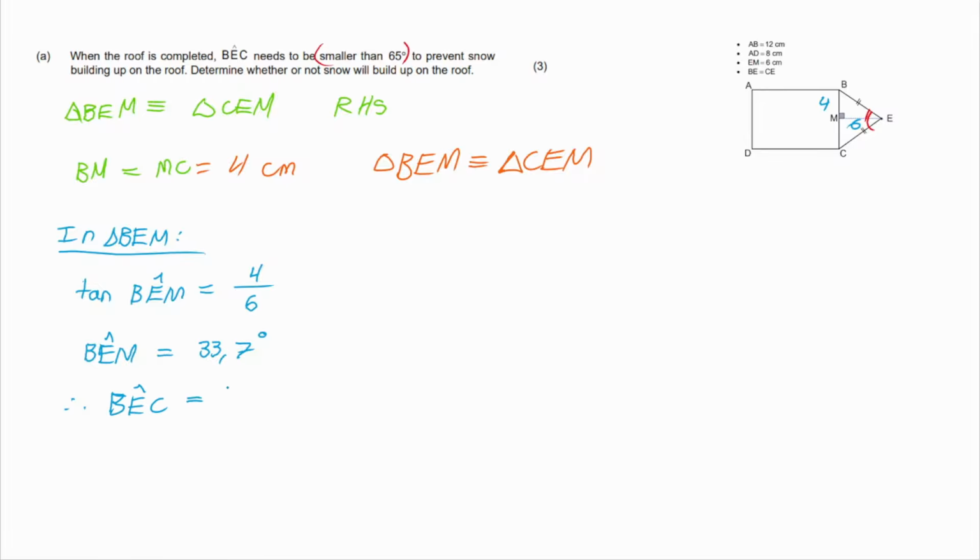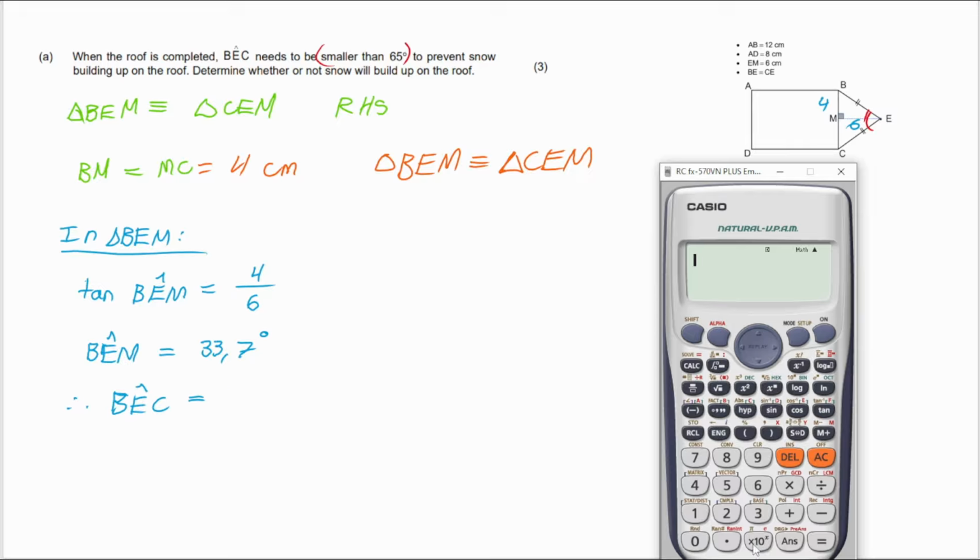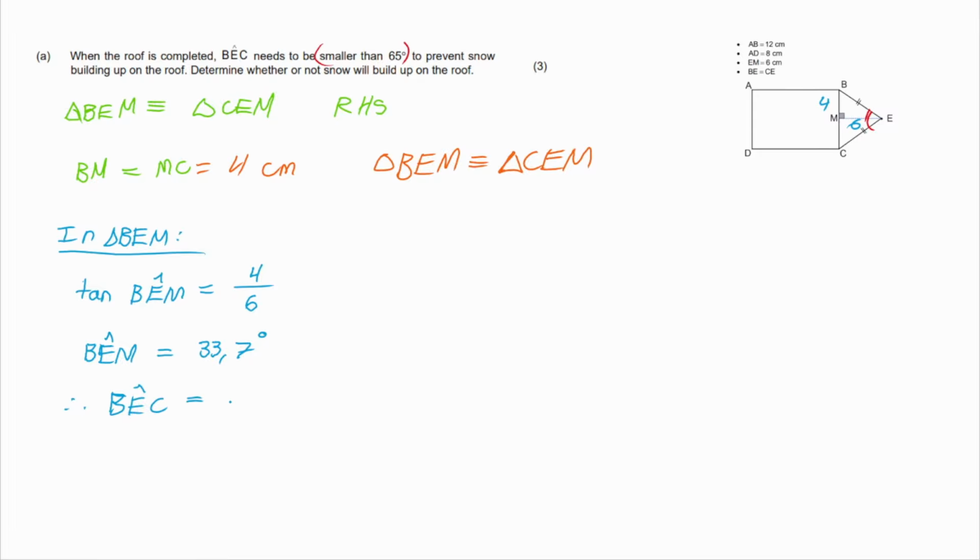is equal to double this, right? So let me bring up the calculator again. So angle BEC will just be double our previous answer, which is 67,4 degrees. Okay, it'll be 67,4 degrees. So BEC is equal to